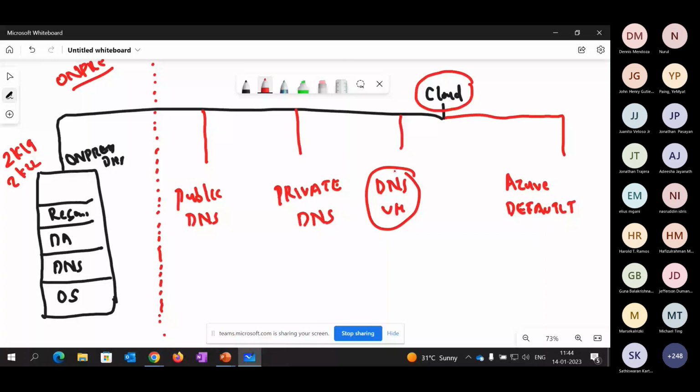I'm pausing here in case you have any questions. If you're good, let's go for the installation of a DNS here. I hope you're good. Okay. Now,